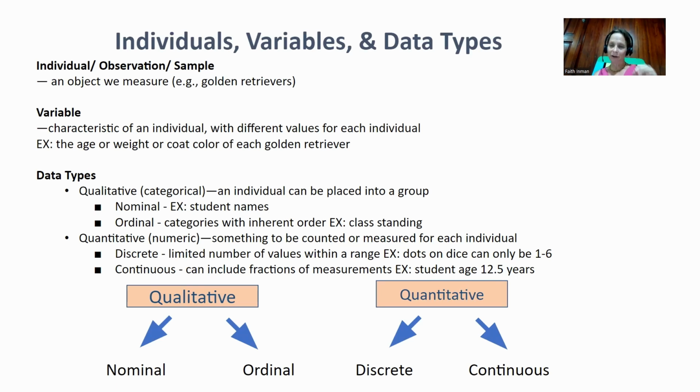So discrete variables are limited in the range, like the number of dots on a dice. You can just keep rolling the dice and you're always going to get 1, 2, 3, 4, 5, or 6, right? There are only so many values that it can take. That's a discrete variable. A continuous variable could theoretically take any number, and usually can also take fractions of a number. A discrete value can also take fractions, but it's more important to think that a discrete is bounded, whereas continuous is like a number line that goes on infinitely. So